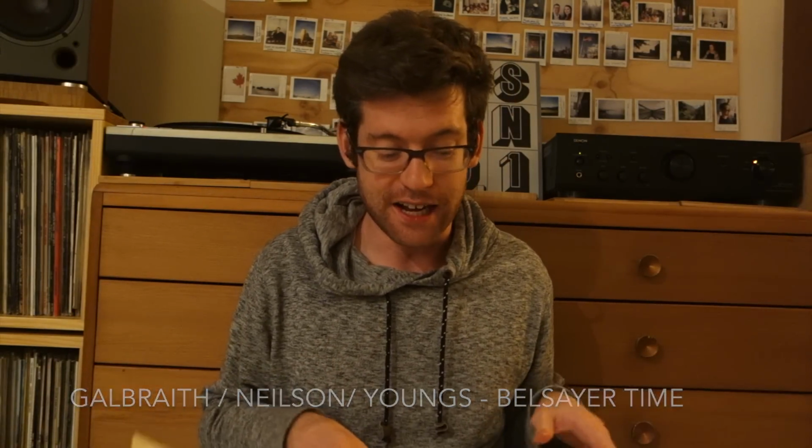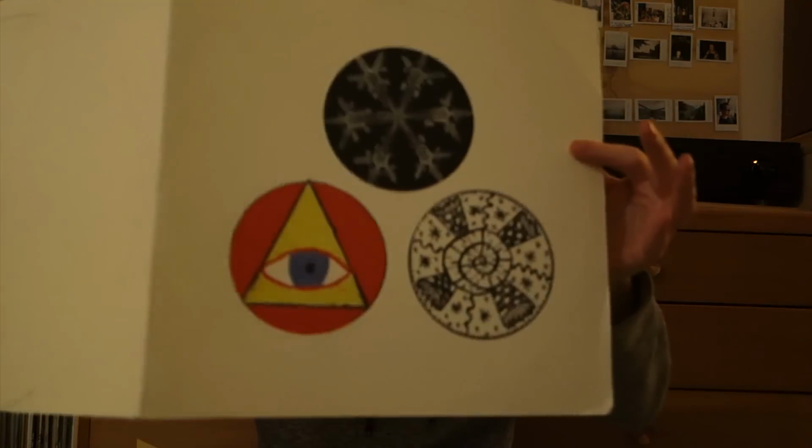Funnily enough, this is all hand screen printed, and the only information is written in like an embossed thing, cream on cream, and I've had a bit to drink and it's hard to read in this light. I do know that Alistair Galbraith is on here and Richard Youngs is on here. He's also 2 experimental drone sound people, and the other person is Nielsen, and I've forgotten his first name, but